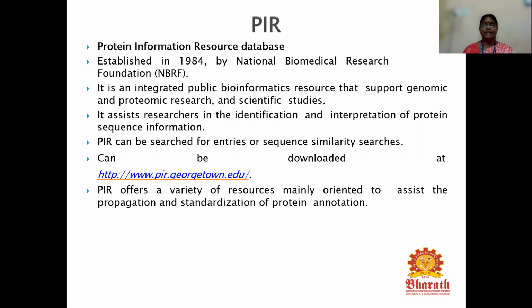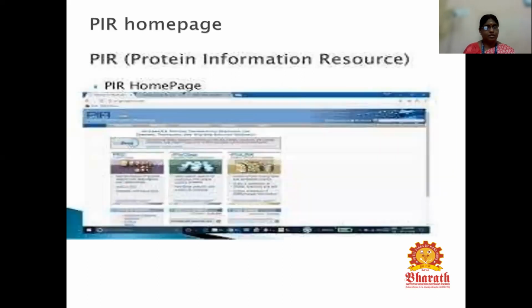And we can see the metabolic pathways also. Like I already discussed, we can use the KEGG pathway, KEGG software, for identification of metabolic pathways of various proteins. And we can also see the 3D structure, like the Ramachandran plot, using this Protein Information Resource. So this is the home page of PIR, the Protein Information Resource, where we can see all the information regarding proteomics techniques.